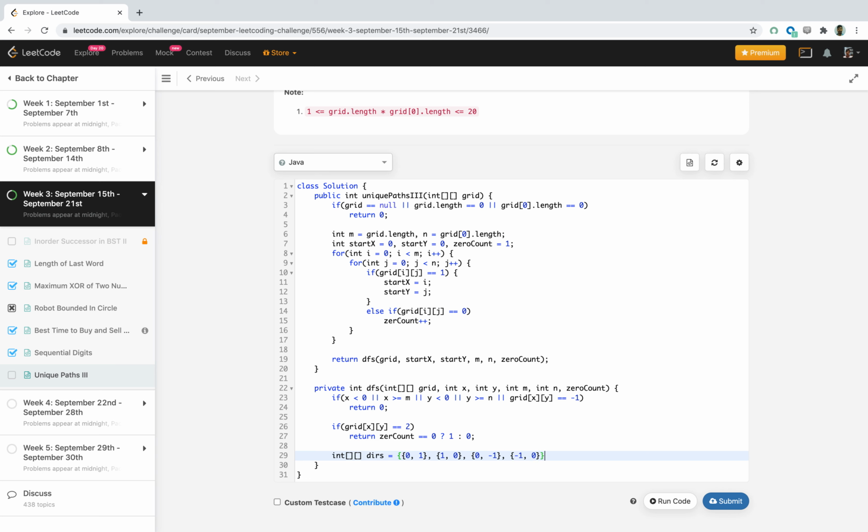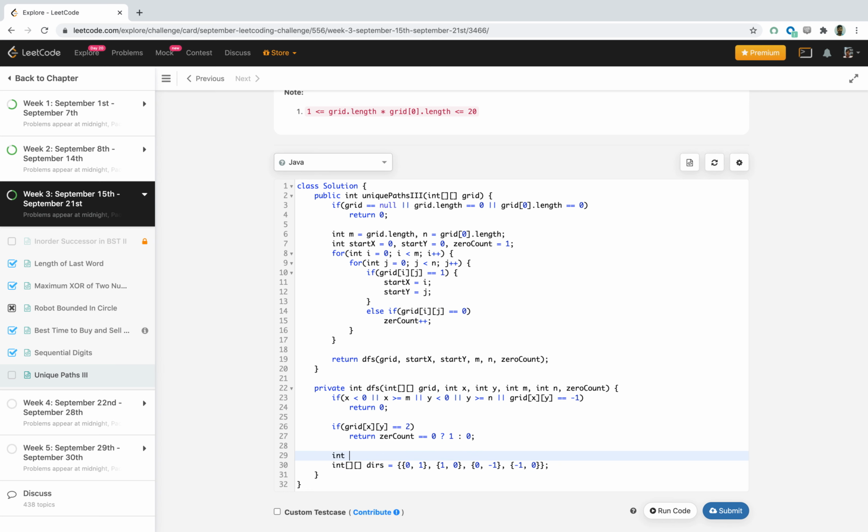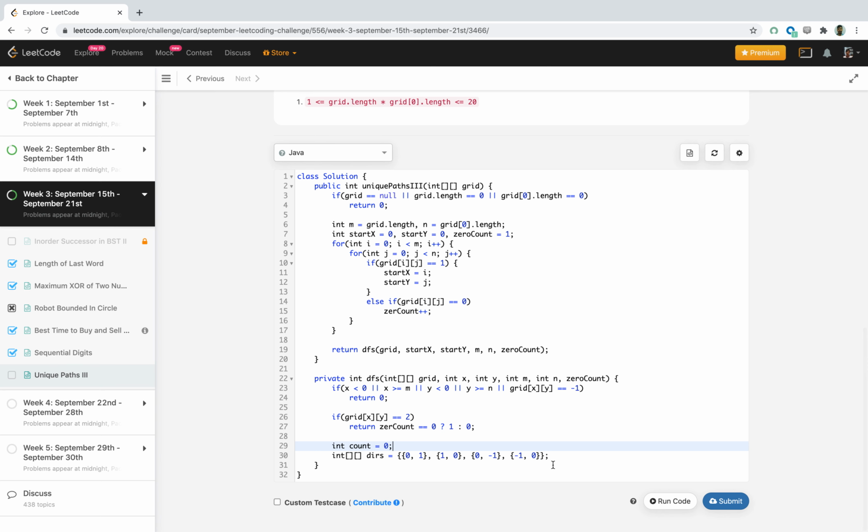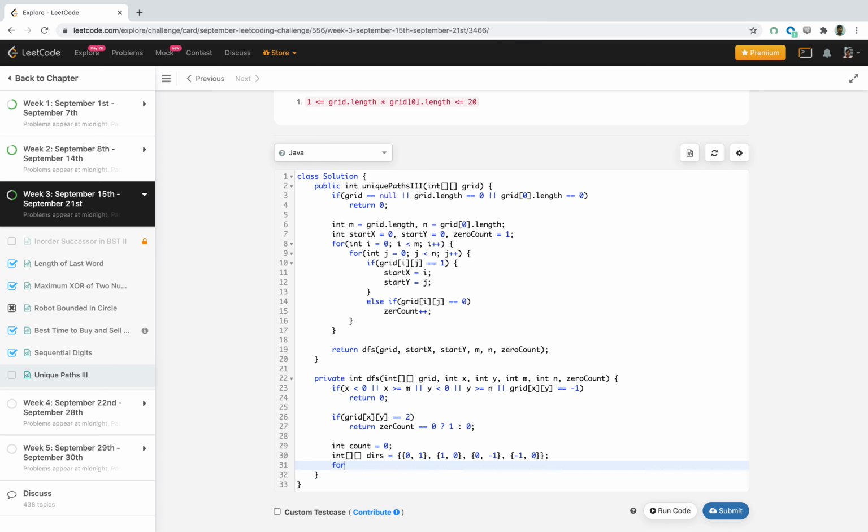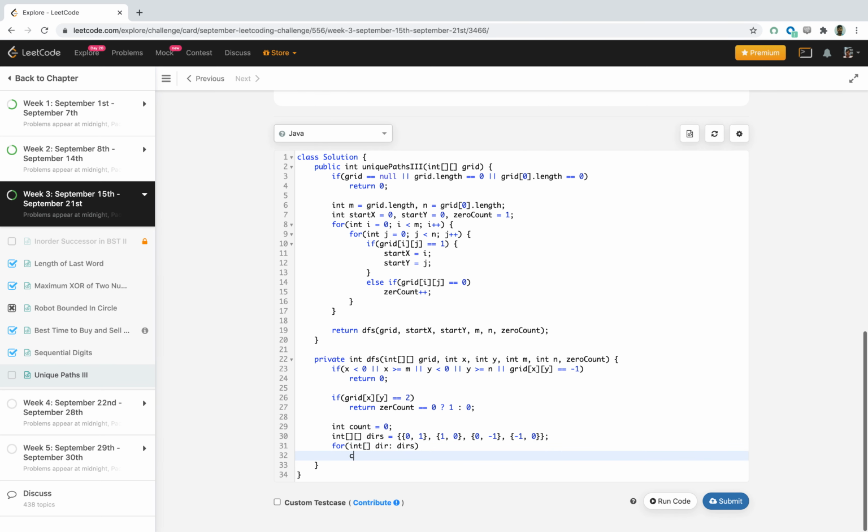So these are the 4 directions we can move. Declare also another variable, count, as 0. Now we'll loop over this direction array, then we'll call the dfs method.